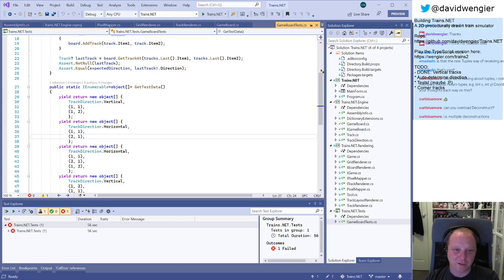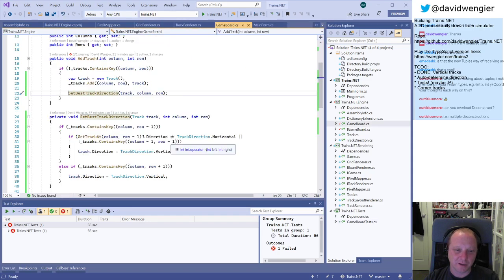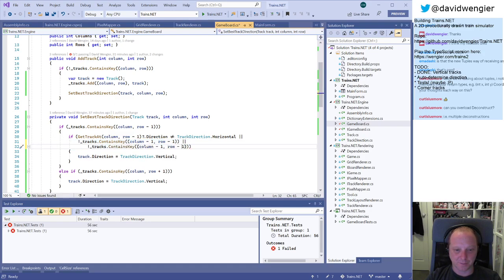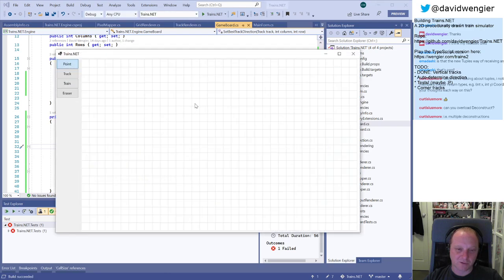Okay. So I see the problem here. All I did was I went left, and this should be right. So essentially +1. Whoops. +1. I also should get in some helper methods for like is track at, is track left of, etc. So that one, and then